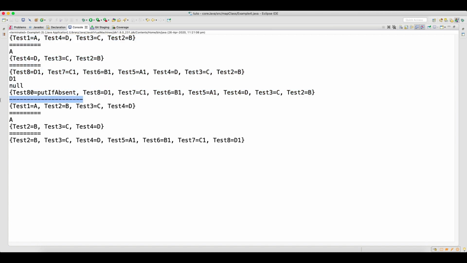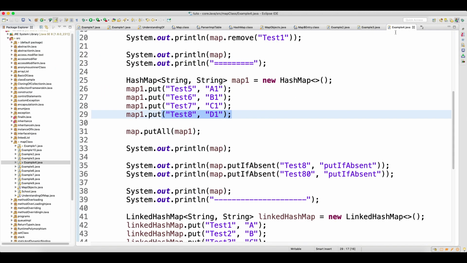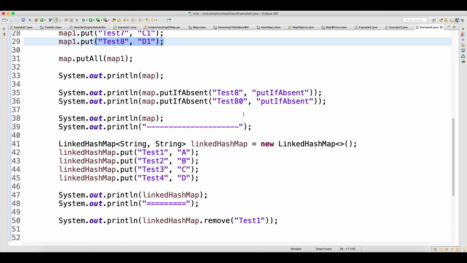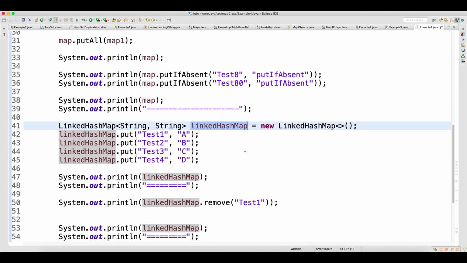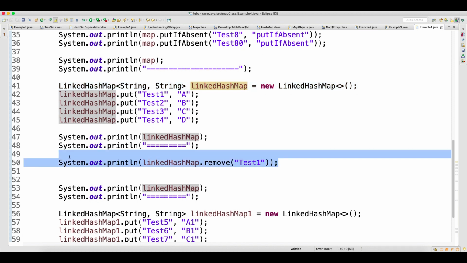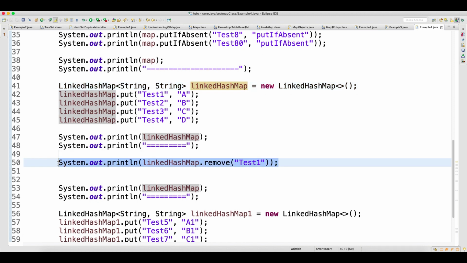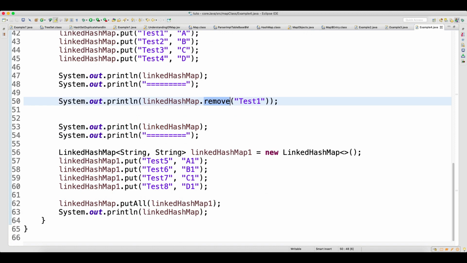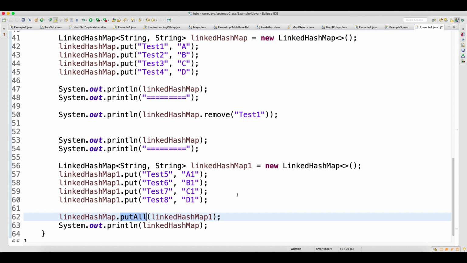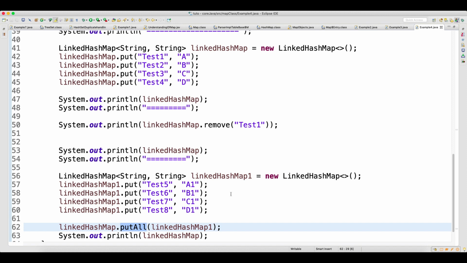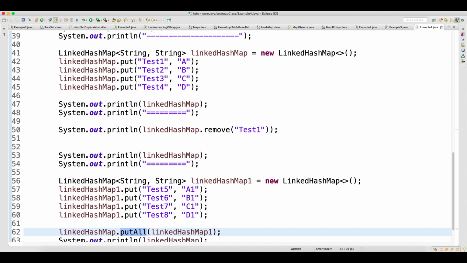Now after this demarcation line, this is the output where I have just changed HashSet to LinkedHashSet, nothing else I did. In the LinkedHashSet, the same remove method you can perform. It will remove the record, and the remove method's return type is the value, so it will give you the value for the record. And here also, when you do the putAll method, it will add both entries of the map, and it will give you the final one. Now again here, if the key is duplicate,